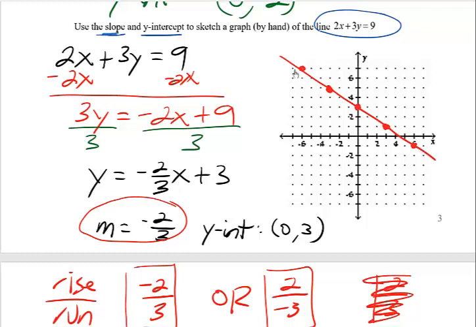It doesn't really look very flat or steep. It's just slightly flat because the slope is a little bit, at least the value of the slope, I should say, ignoring the negative, is just a little bit less than 1. You can become so fast at this that you can draw lines honestly faster than you can get them to come up on your graphing